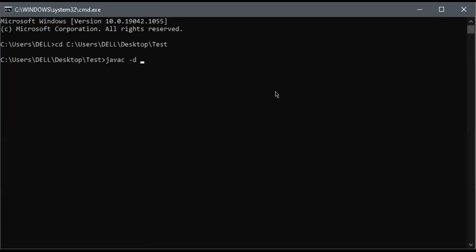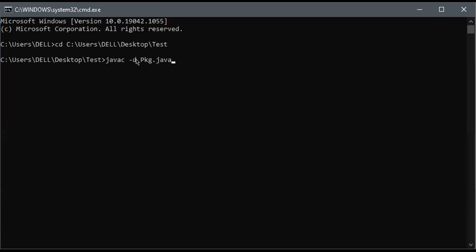I want to place it inside the same folder. We'll check over here whether we get any errors or not. I'm going to check whether only -d is enough and working or not. I'm not going to take any directory over here. Just the name should be pkg.java.